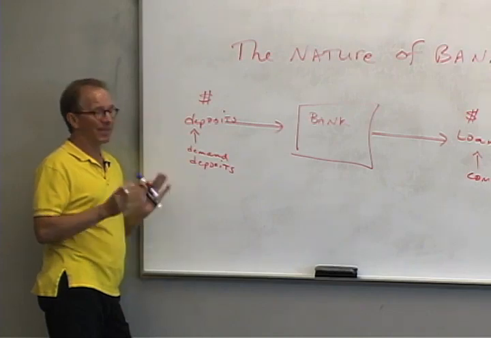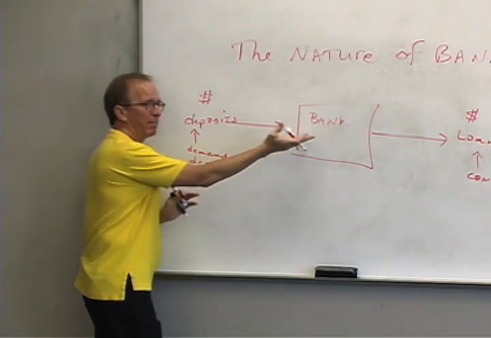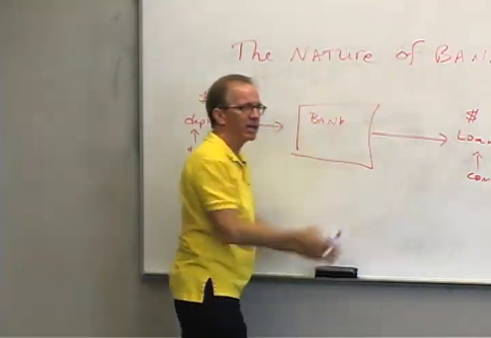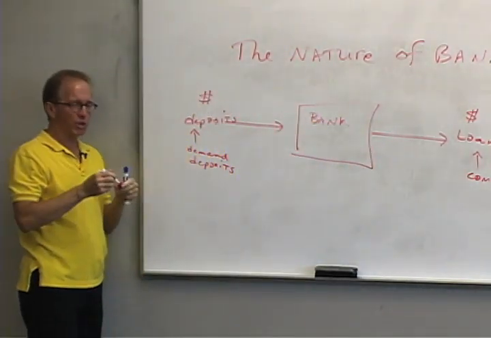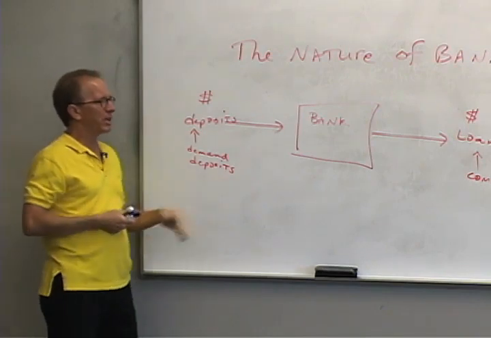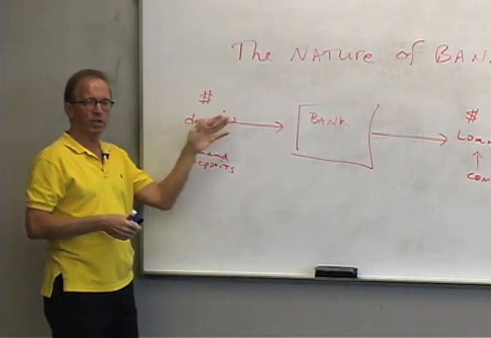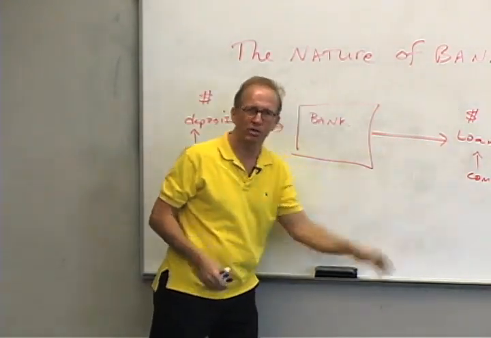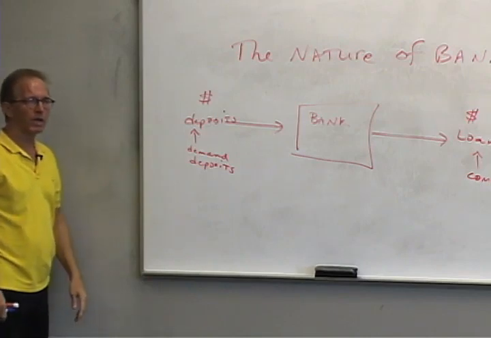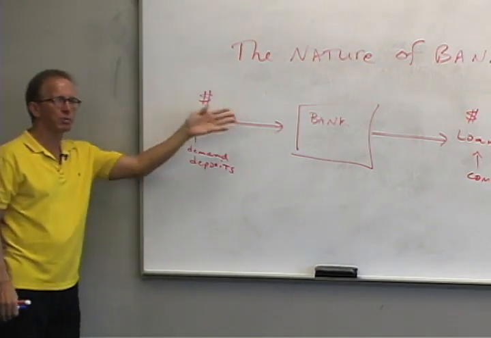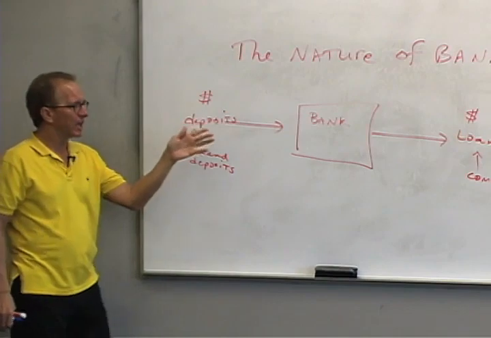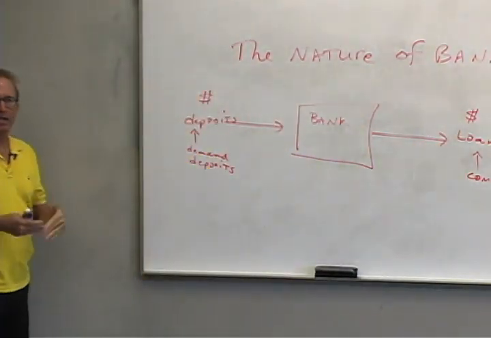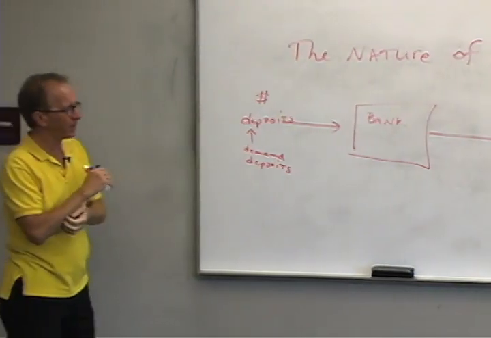Okay. But anyway, for every financial institution, we could draw a box here, and we could show the financial institutions bringing dollars in and sending dollars out. But for each financial institution, the specialty is a little bit different. If we put savings and loans up here, their specialty is bringing in savings deposits, and sending out loans for homes, so mortgages. If we talked about credit unions, their specialty is bringing in savings deposits and making personal loans. Okay, and it's the same thing for every type of financial institution.